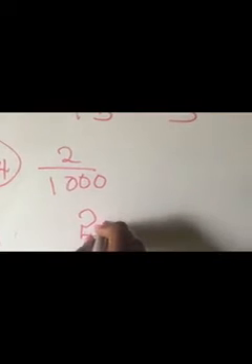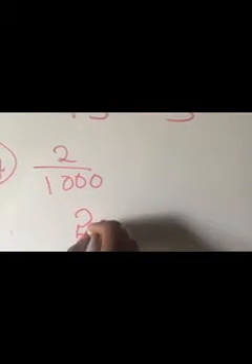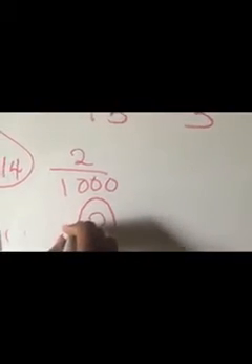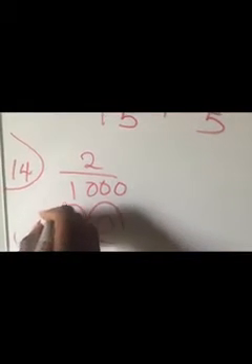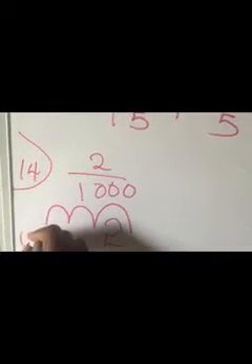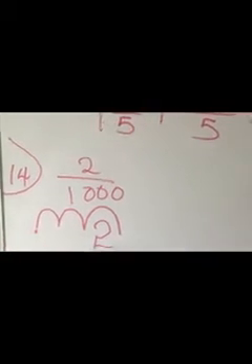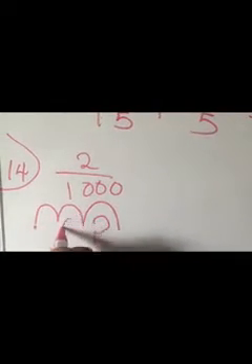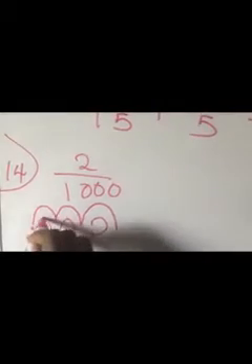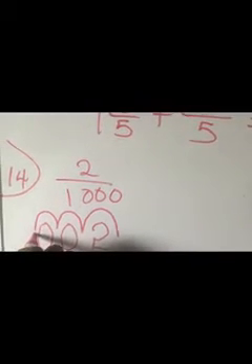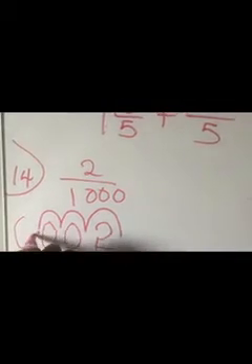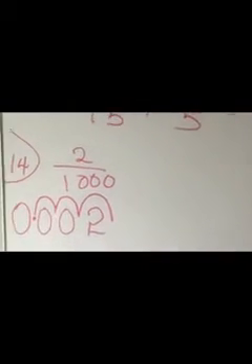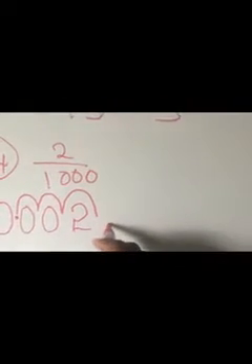So from here, that's the end of the number. We move 3 times, 1, 2, 3, and we put a point here. Okay, so we fill this up with 0 and 0. Then this point here will require us to put another 0. So the answer is